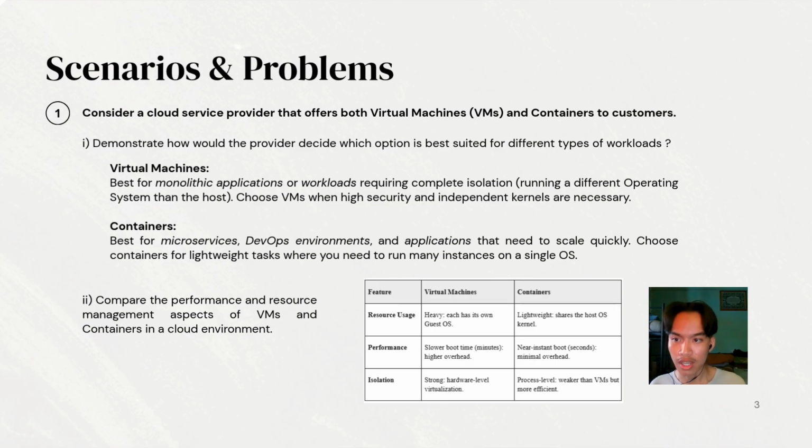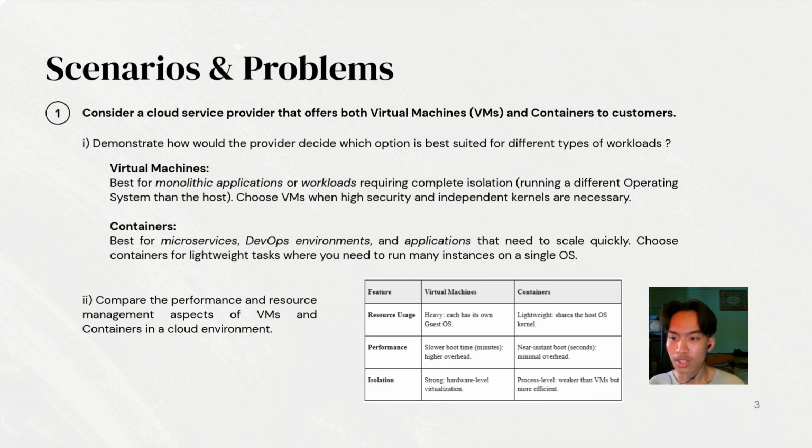First we must understand what a virtual machine is. Virtual machines are best for monolithic applications or workloads requiring complete isolation, which run a different operating system than the host. We have to choose VMs when high security and independent kernels are necessary. While containers are best for microservices, DevOps environments, and applications that need to scale quickly. So we choose containers for lightweight tasks where you need to run many instances on a single